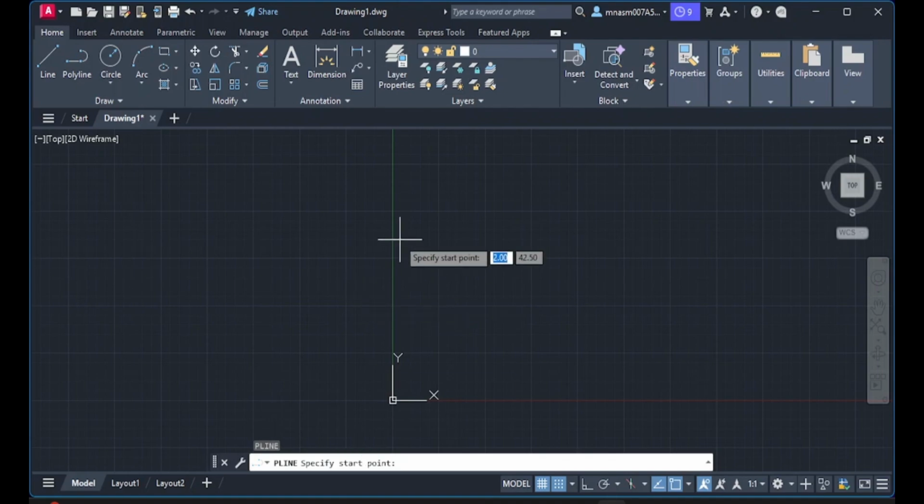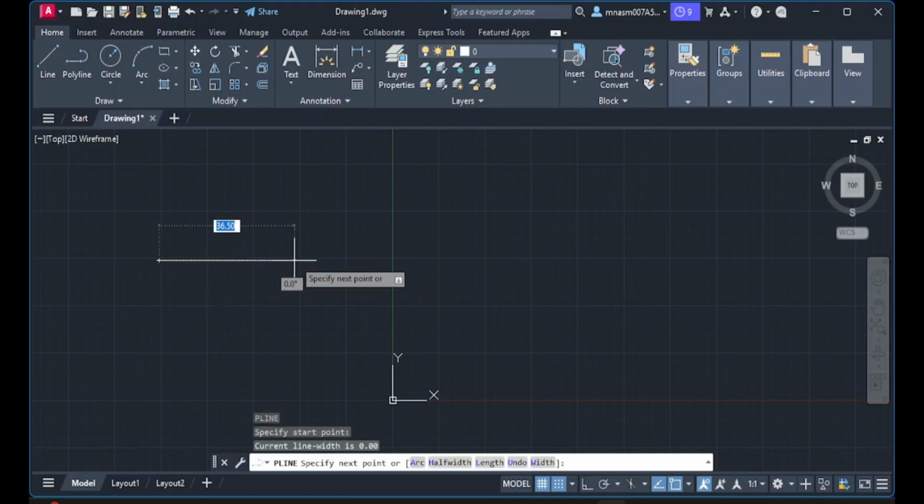So polyline is started. It asks the first point, starting point. I can take any point. I can specify the point by using the coordinates of points, or I can also click anywhere on the screen to start the polyline. Okay, starting point, right? So I want to click here. Here it is better, right?